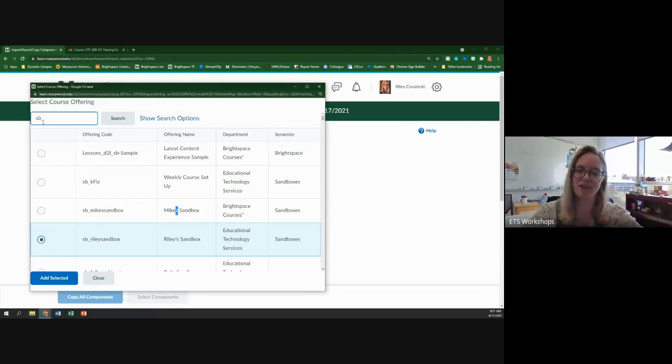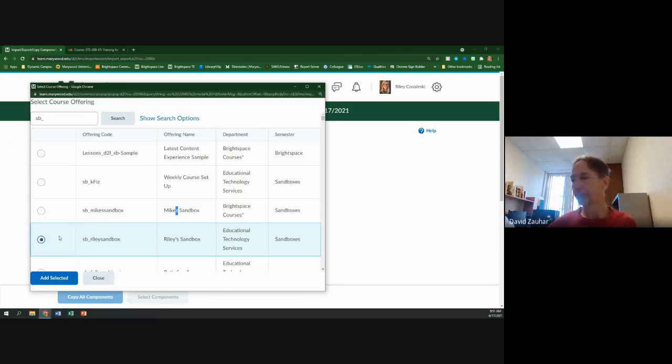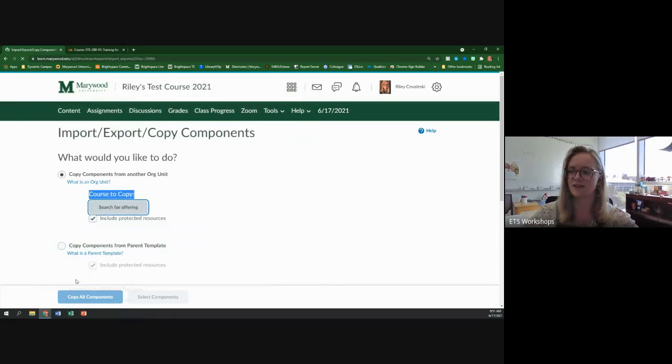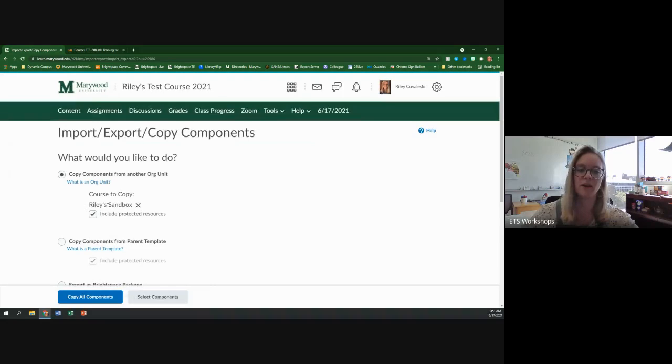So I put in SB underscore and click search, and I got everyone's sandboxes, but you will only get yours. So you will not get such a big result unless you're Aaron Sadlack and you have 11 sandboxes. You might get a lot. But you click on the radio button to the left of it, and it highlights the whole thing blue. And then you just click add selected, and it adds your course name right here so you know what course